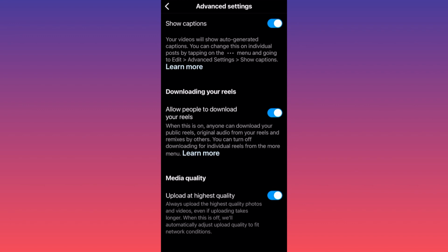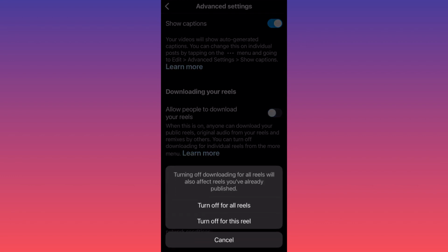And it is very important that if you have this option on, you will allow people to download your reel and they will be able to do remix, or they will be able essentially to invite you to collaboration. This is very important if you are interested in this. If you are not into collaborations, if you feel hesitant to share your content and allow other people to download the content and to create new content out of your content, you can simply toggle this off. Toggle this off, you get a notification from reels that